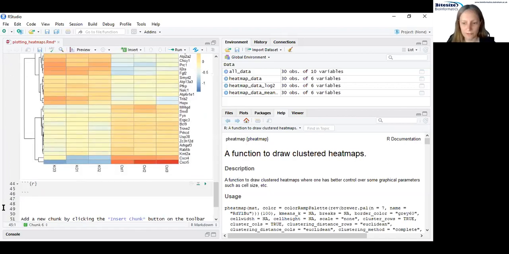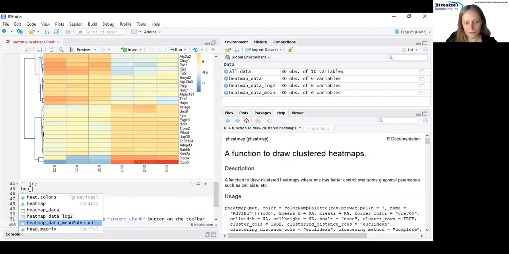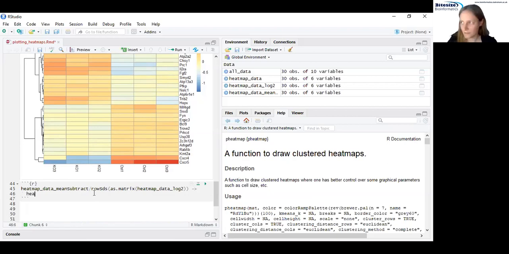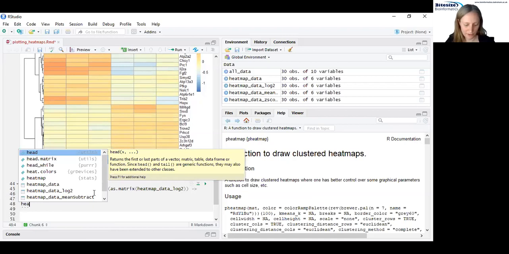and then finally I'll show the z-score transformation. So we're going to divide by the row standard deviations, but that's the standard deviations from the log transformed data, not from the data where we've already subtracted the mean. And if we plot that,